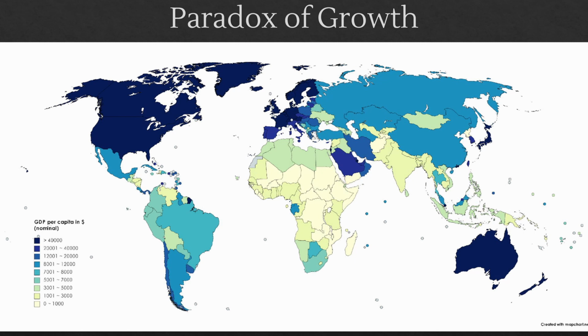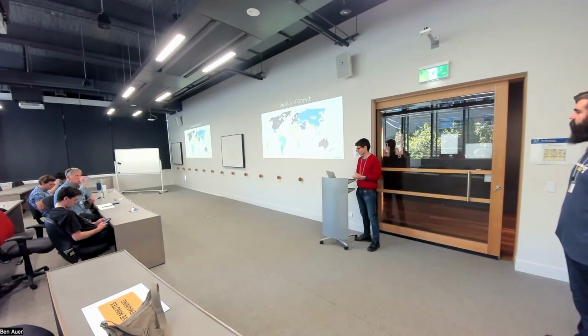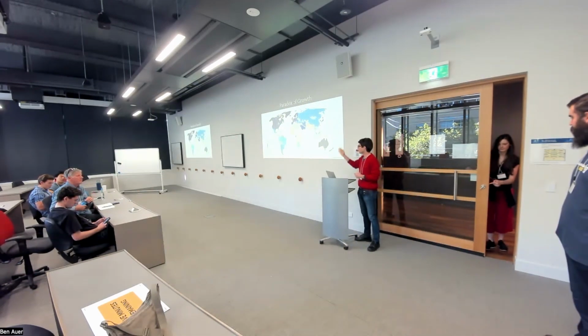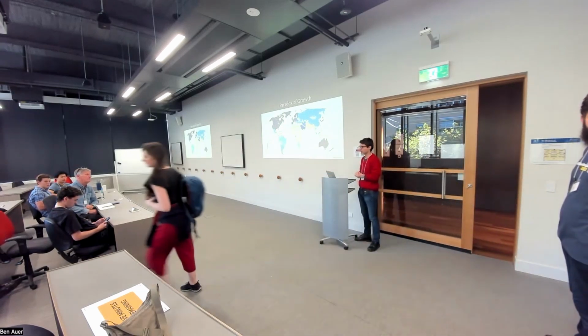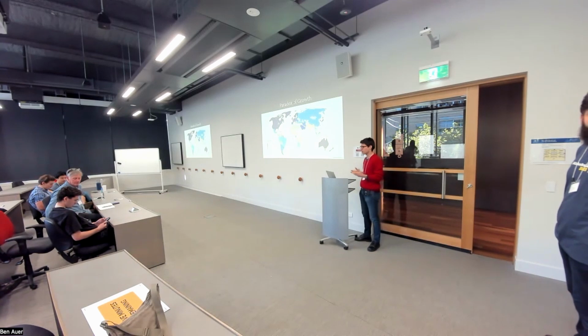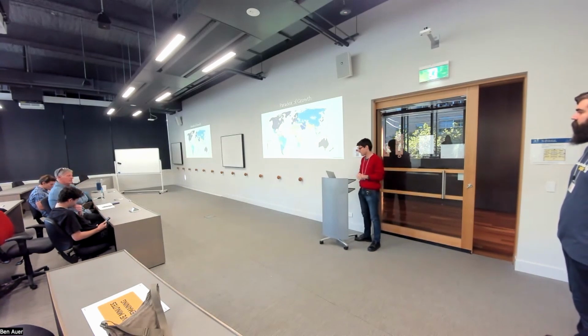So a question here is, why do we observe such a massive difference in levels of GDP per capita across the world? The difference between the very poorest countries, some of the countries in Central Africa in particular, and the very richest countries in Northeastern Europe and the US is about a factor of 100, which is enormous and somewhat hard to understand.